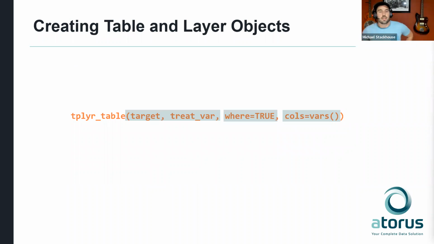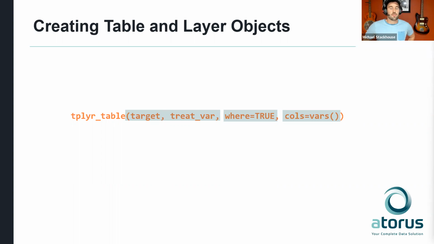So the way that you declare a Tplyr table itself is to use the function tplyr_table, and then that has a couple different parameters that you're going to provide. So that's going to be the target, and that's going to be the data frame that you want to summarize. If you're summarizing your demographics data, you're going to use ADSL from the ADaM standard. If you're summarizing adverse events, your target would be ADAE. So that's going to be the data frame input that you're going to provide into the tplyr_table in the first place. The second parameter is going to be your treatment variable that describes the cohorts of the